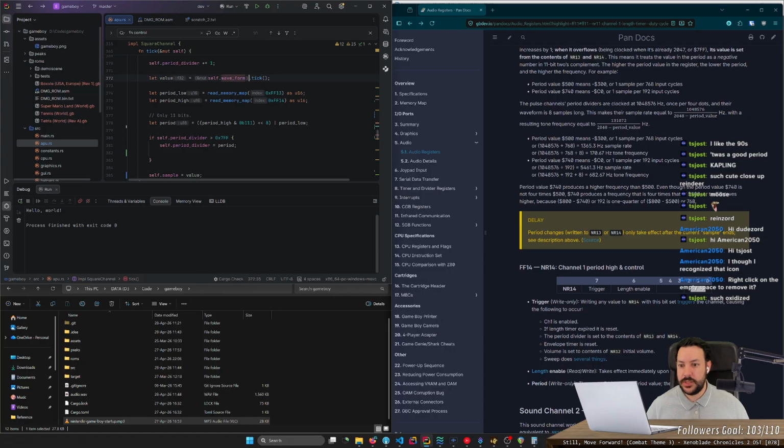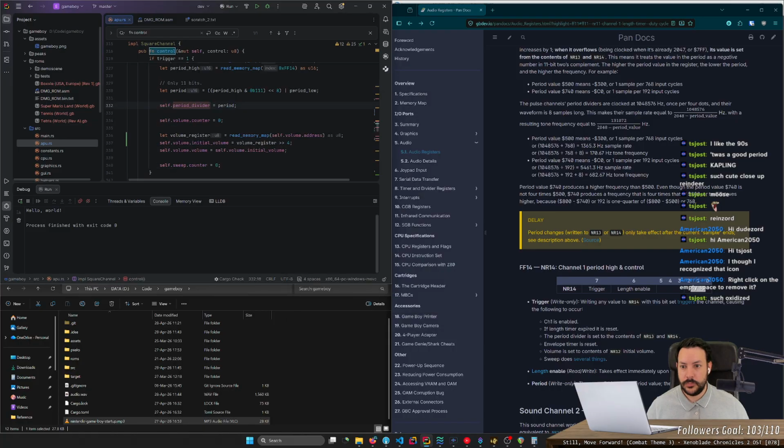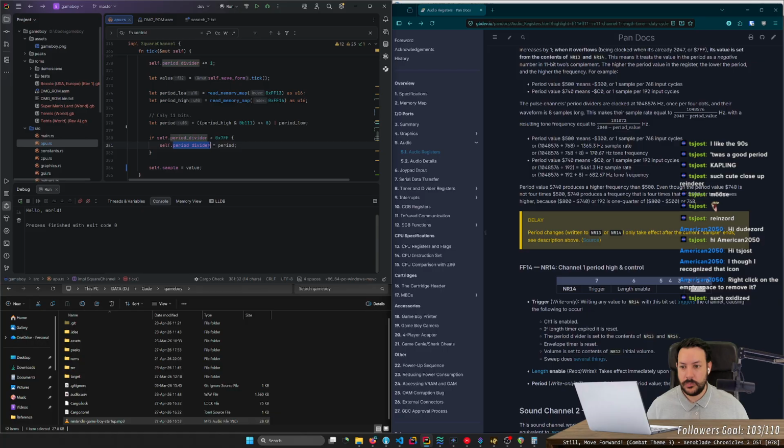Should I only do this tick here? Because if not, why do I need the period divider? Because I think that this way I'm not using the period divider for anything. Yeah, the way that I have this plugged in, the period divider is just counting, but it's not doing anything.